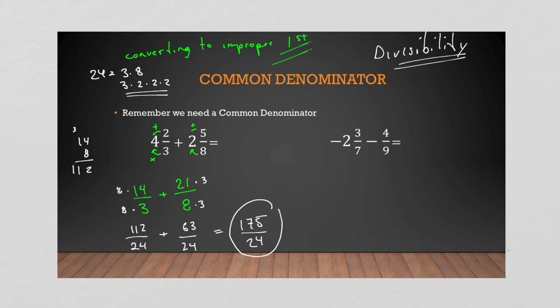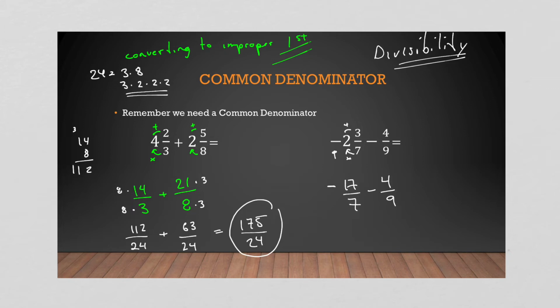So now, important here when you're converting the next question. This is a negative fraction, which means I have a negative quantity of something. I'm going to have a negative quantity when it's improper. So don't worry about the negative in your conversion. It's still just 7 times 2, which is 14, plus 3, which is 17 over 7, and then minus 4